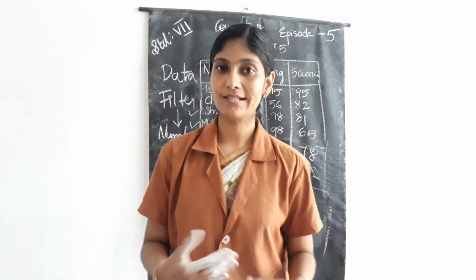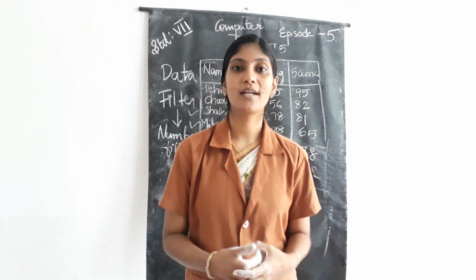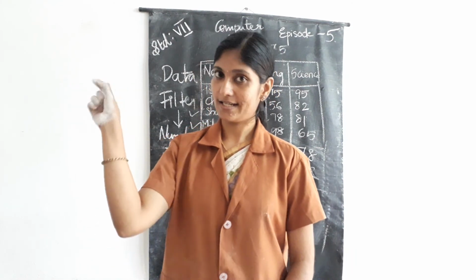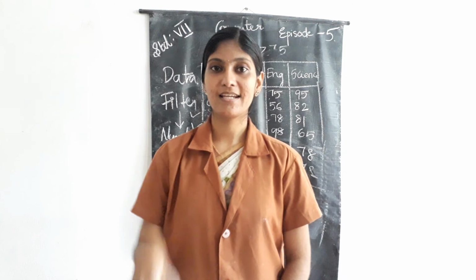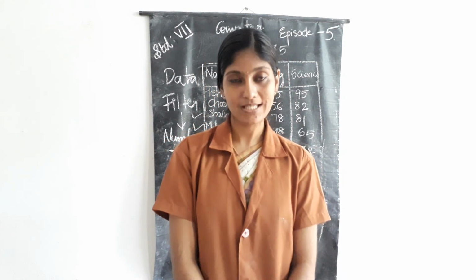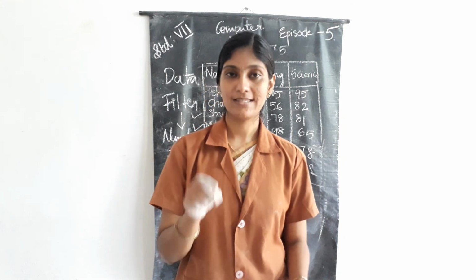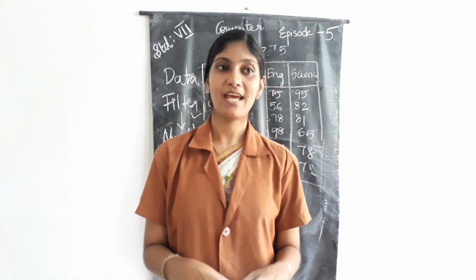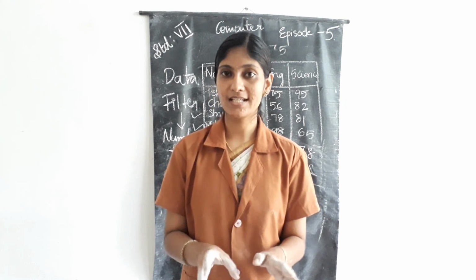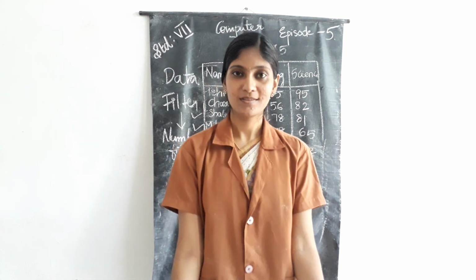And after that we learned conditional formatting. Then what are the steps in conditional formatting? Just go to the Home tab. There is a conditional formatting option and it contains many options. Here our question is between 60 and 80. So take the option Between and enter 60 and 80. Finally you will get the result highlighted in light red color. Okay, so that's it for today. Our chapter is completed. Thank you.